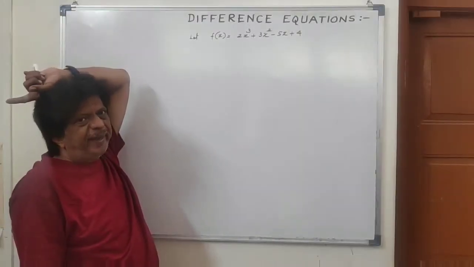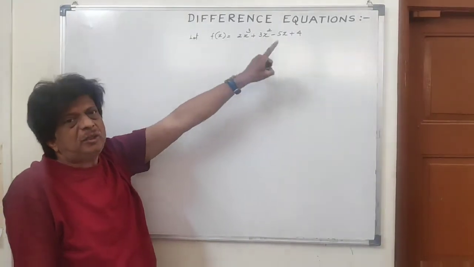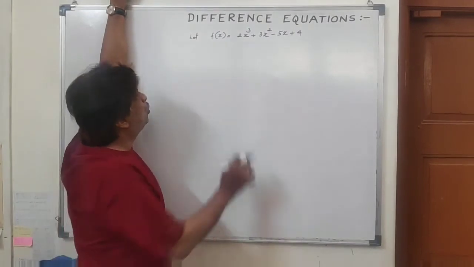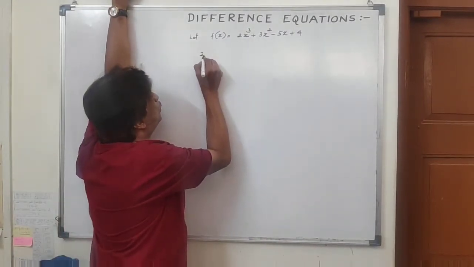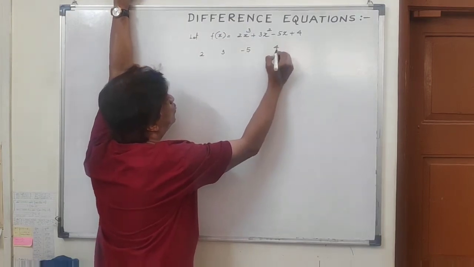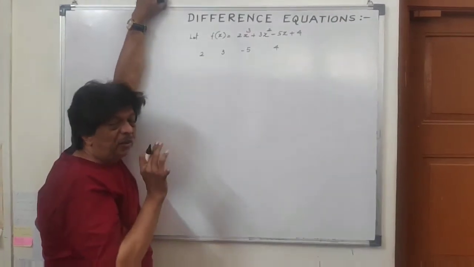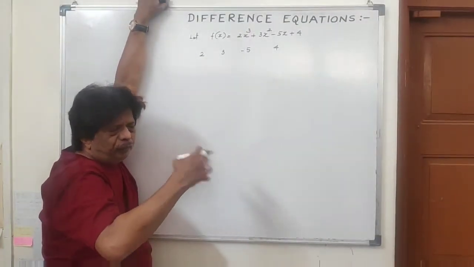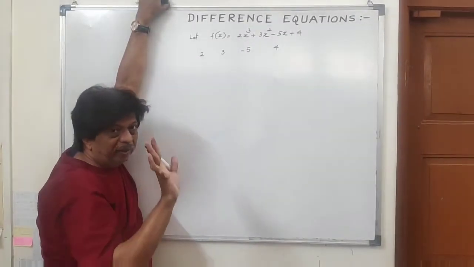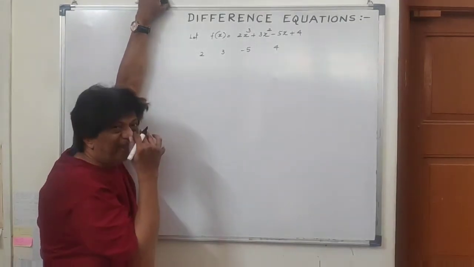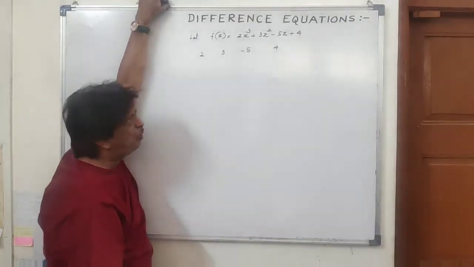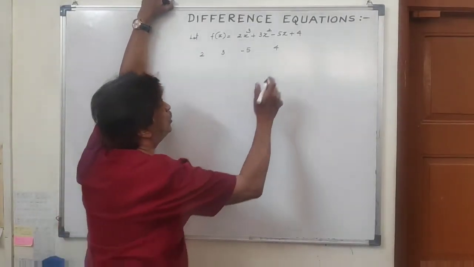write down the coefficients of this polynomial in the decreasing order. It is equal to: the highest degree coefficient is 2, 3, the linear coefficient is -5, and the constant is 4. This is of degree 3. So the factorial polynomial would always be factorial of x to the power 3. Now, using the division algorithm and method of detached coefficients, first of all, we shall detach these coefficients.